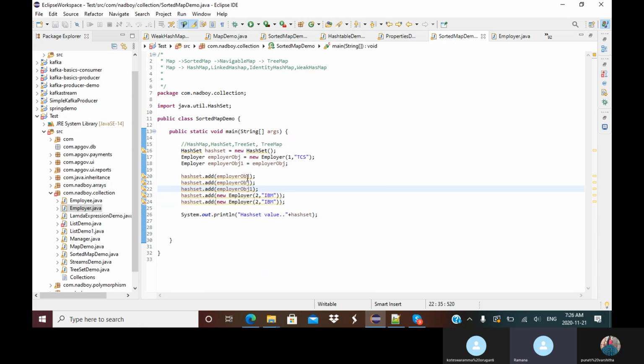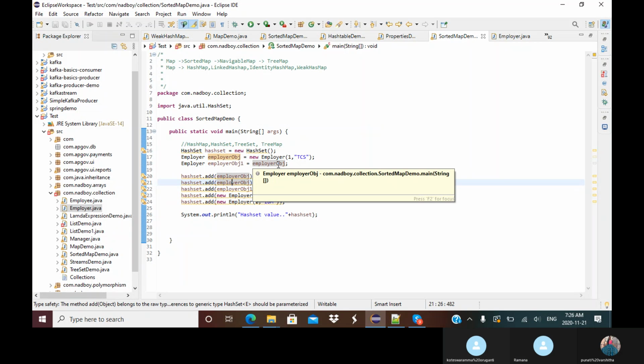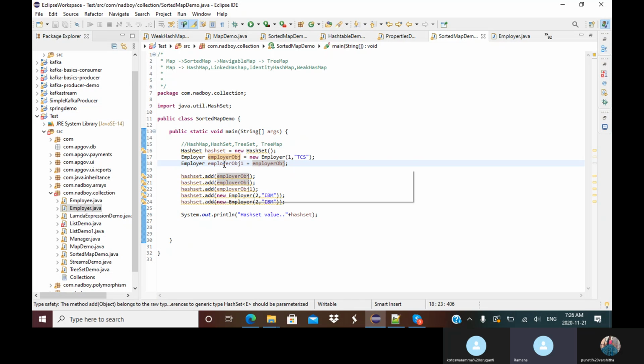Now the same object is passed twice, and here the first object is assigned to the second object. After that we are adding that second object. Now if I see the result,